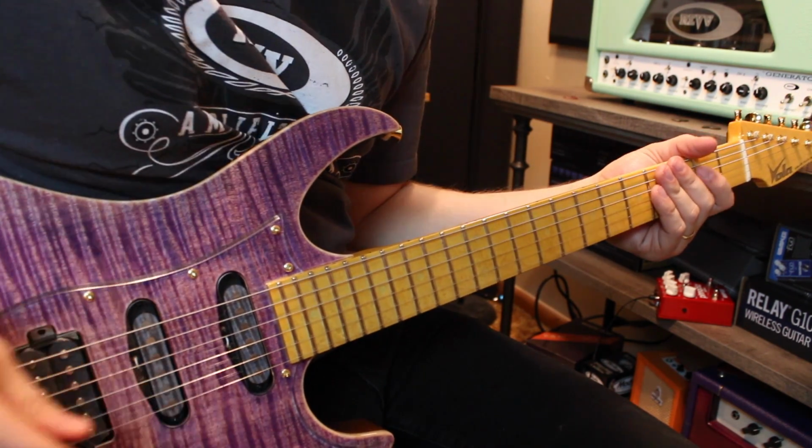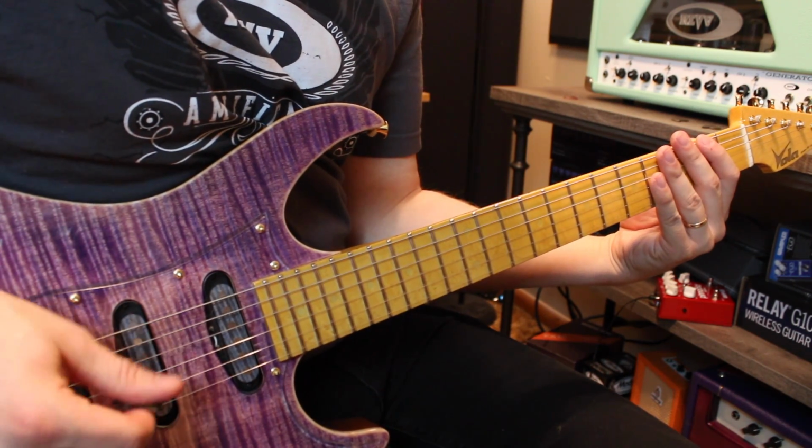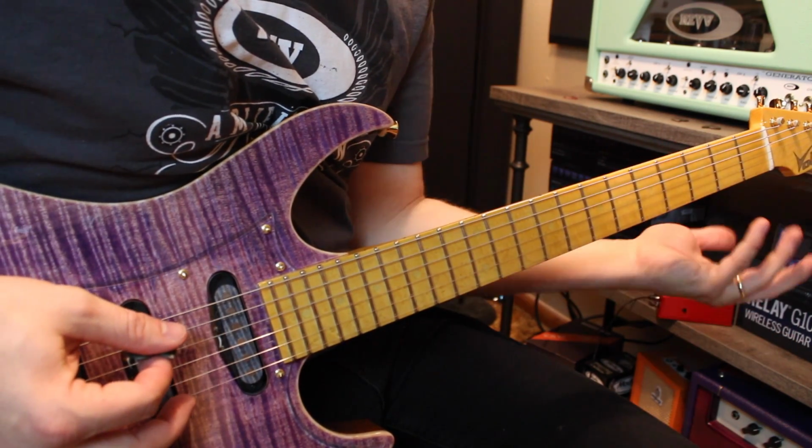If you went to the Zakk Wylde version, just throw a bunch of pinch harmonics in there. But you'd have 2nd fret on the lowest string. You're going to palm mute that twice. Then you go to 4th fret on the A. We're basically doing this F-sharp minor, kind of like A, F-sharp Aeolian